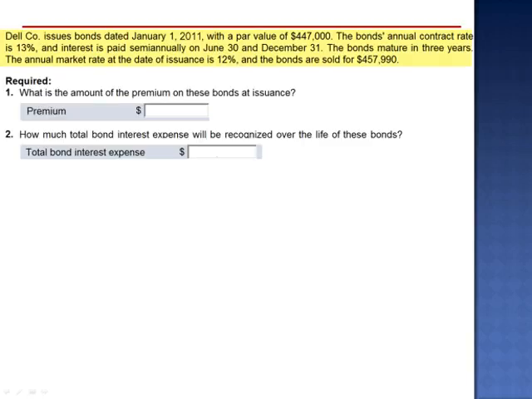Exercise 4. Dell Company issues bonds dated January 1, 2011 with a par value of $447,000. The bond's annual contract rate is 13%, and interest is paid semi-annually on June 30th and December 31st. The bonds mature in 3 years. The annual market rate at the date of issuance is 12%, and the bonds are sold for